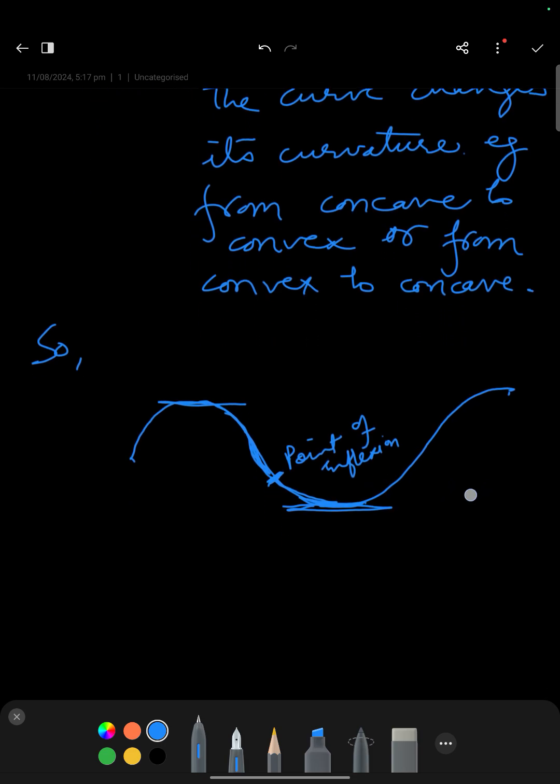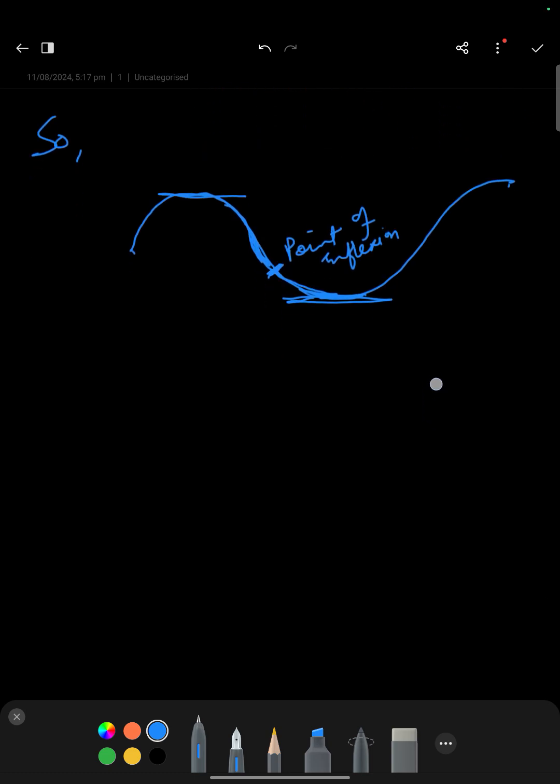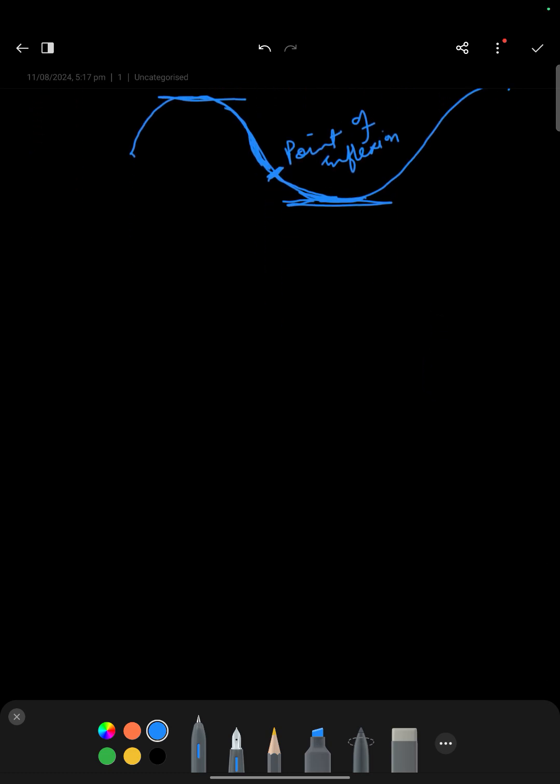Now here this is the point of inflection because our curve is changing its curvature from concave to convex. So this is our point of inflection. And now let us see some examples. First problem